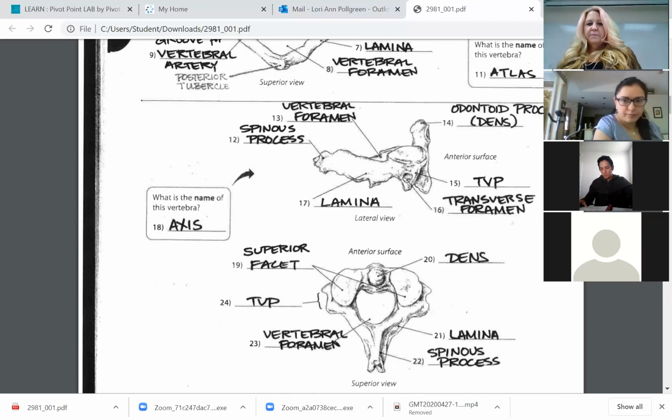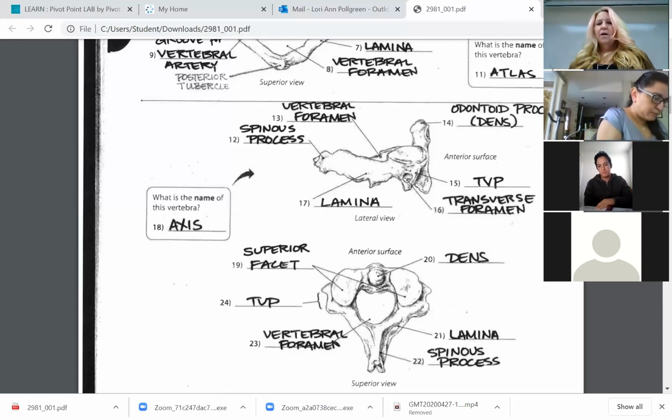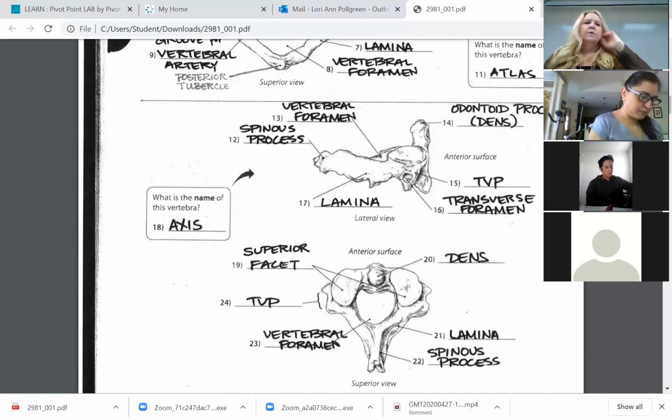So give me a big thumbs up if we can move on to the next diagram. If you need another minute or so, I'll give you another minute to finish filling it in. I got a thumbs up from Nando, from Sandra. If anybody else needs me to wait, unmute for a second and ask me to wait a minute. Are you good, Coral? Yeah, I'm good. Okay. All right, I didn't hear anybody ask me to wait, so we'll move on to the